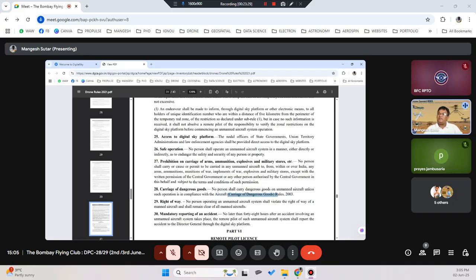Apart from whatever is mentioned in this rule, if you are carrying anything else, you can do so, but not what has been defined as carriage of dangerous goods. Right of way is another important rule. No person operating an unmanned aircraft shall violate the right of way of a manned aircraft and shall remain clear of all manned aircraft. Again, mandatory reporting of an accident no later than 48 hours on the